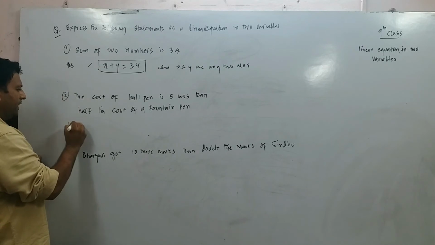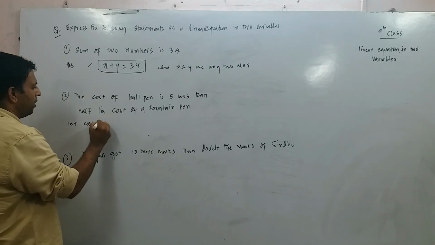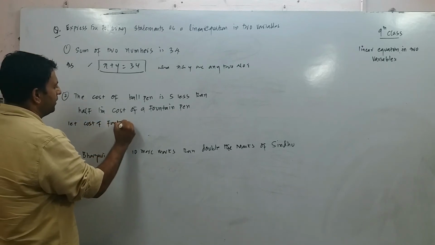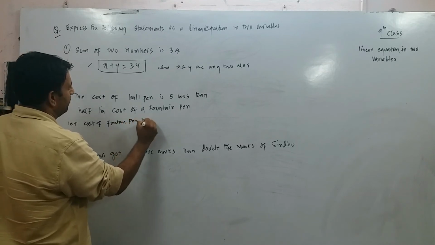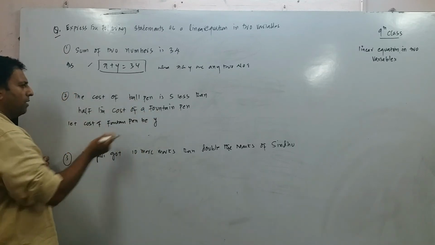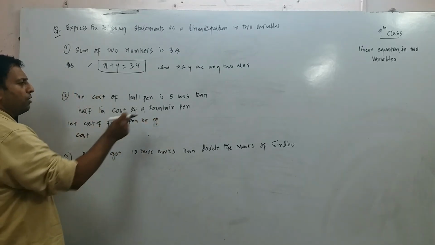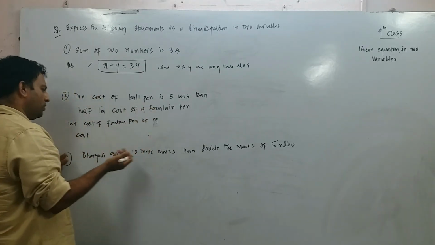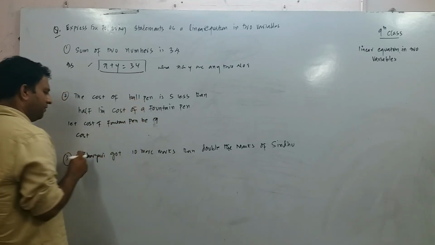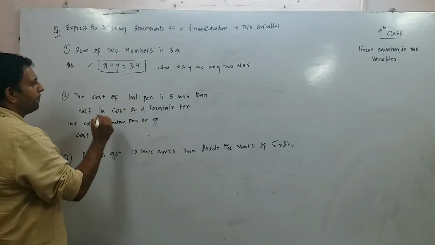I will say let the cost of fountain pen be 5, or I can say x. So cost of, see on what variables you take, based on that you will get the equation. You can interchange x and y also, doesn't make a difference. And cost of ball pen